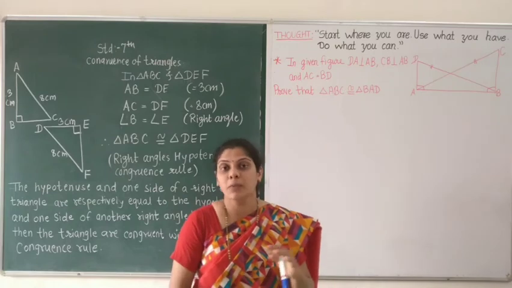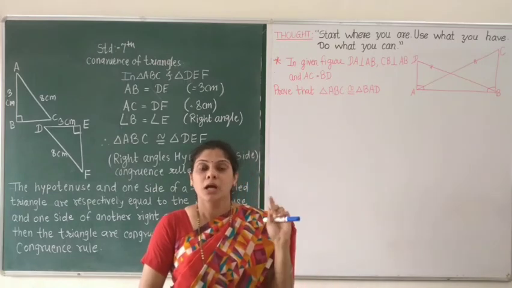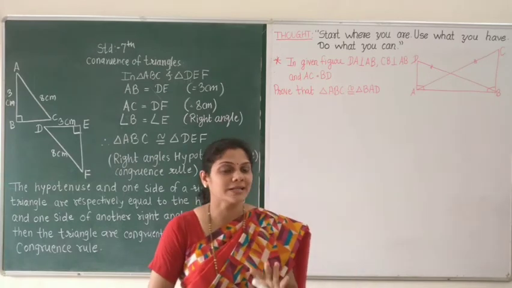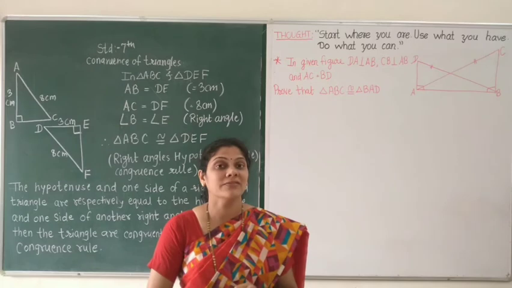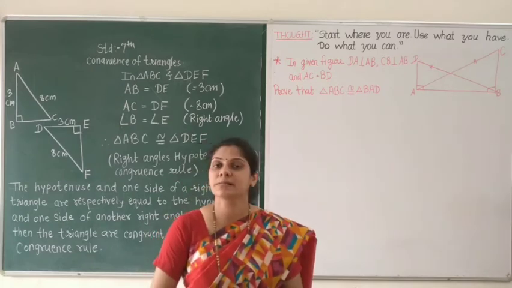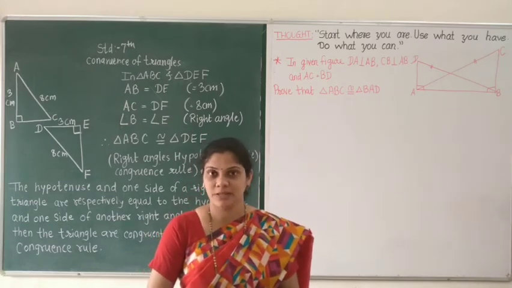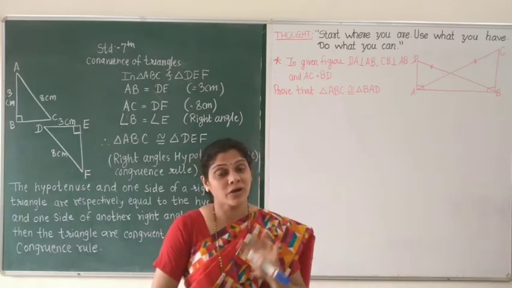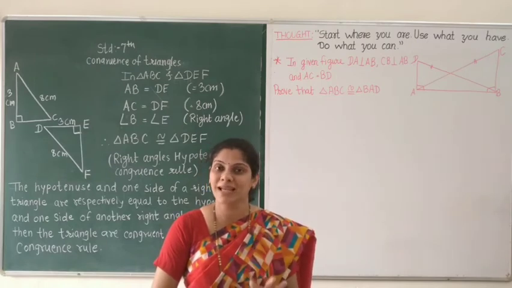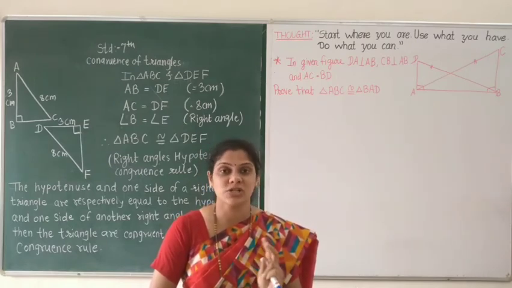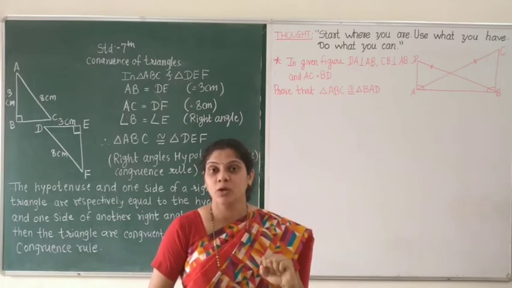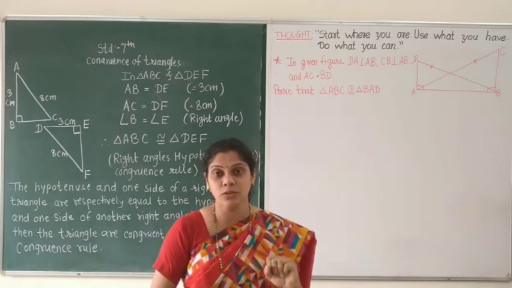One more time we will record. If they give two triangles and both triangles are right angled, and they give us the measurement of the hypotenuse and one side, and these three parts are the same, then we can say that both triangles are congruent by the RHS congruence rule. RHS. Which three parts do you need while proving this rule? R, that means